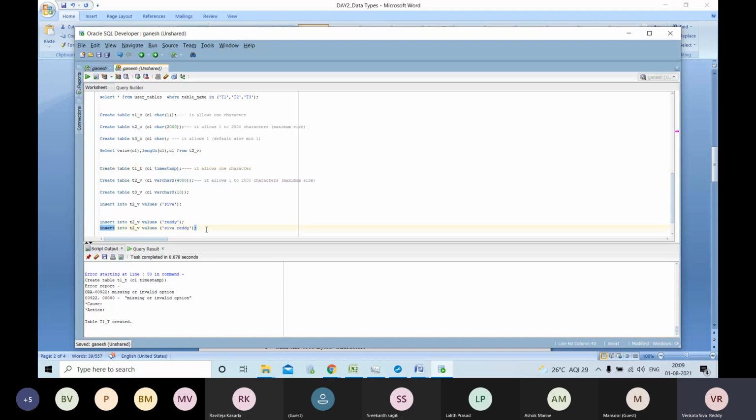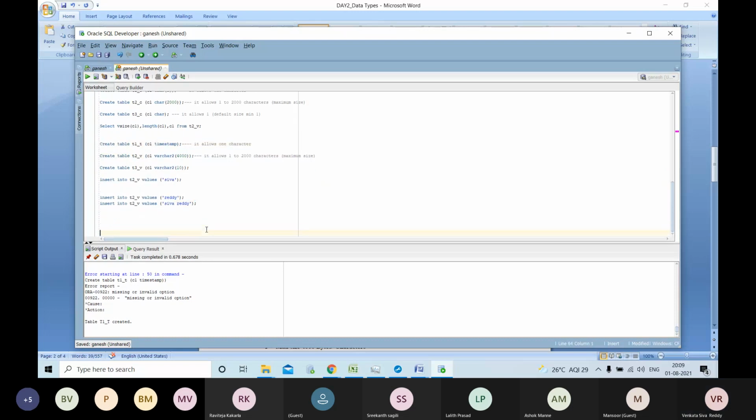Now I am going to insert the data into T1_T values. We are going to insert the value 01012021.